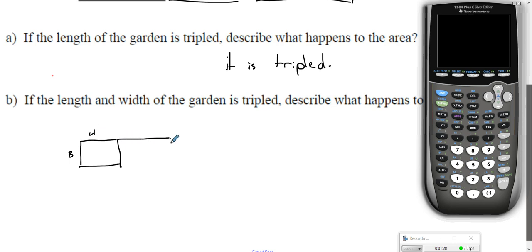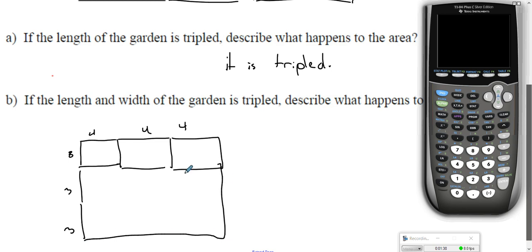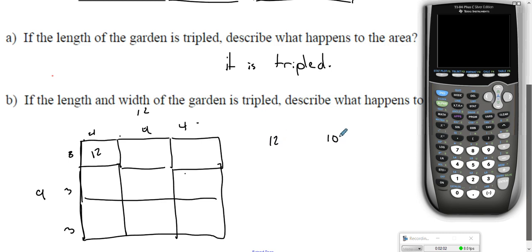Okay, so if I triple it this way, triple it this way, but notice when I triple it that way now, since it's already been tripled the other way, we get something much bigger. So let's think about what it was originally and what the new one is. It was 12. Okay, the new one is going to be 12 by 9. 9 times 12 is 108. So the original was 12. The new one is 108